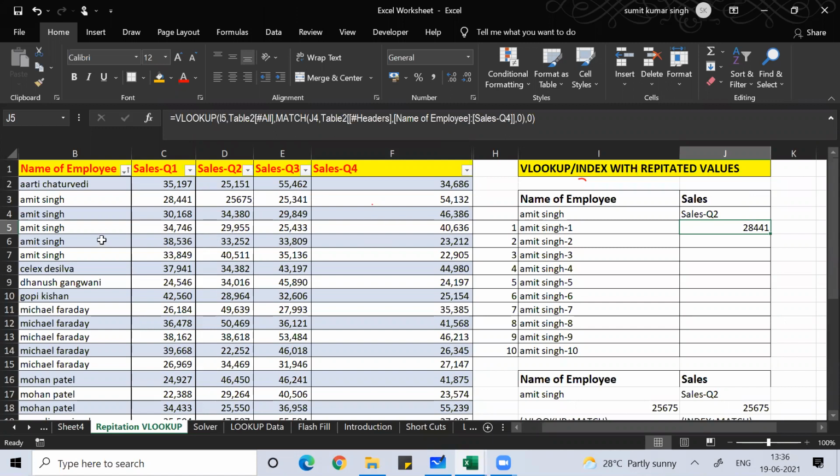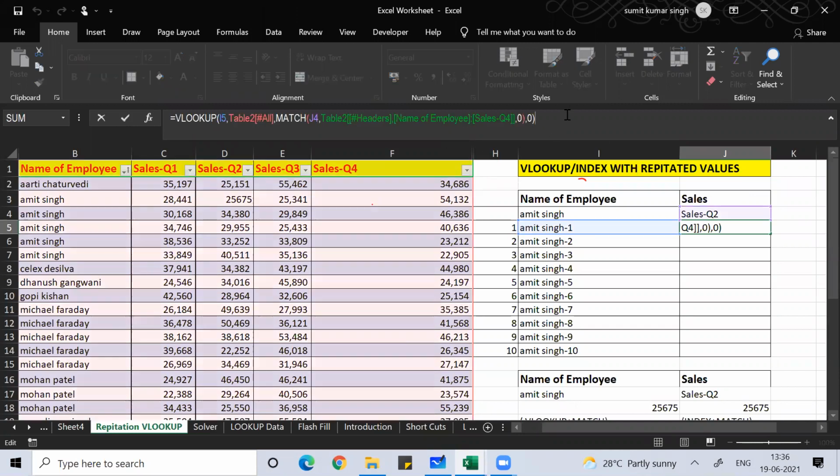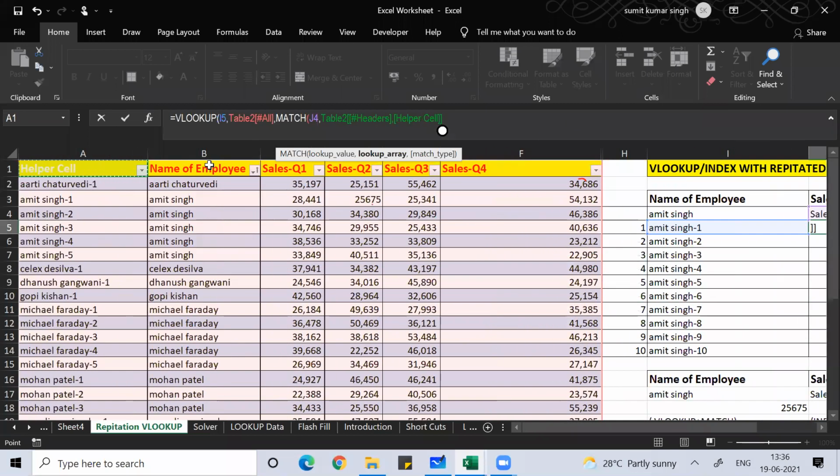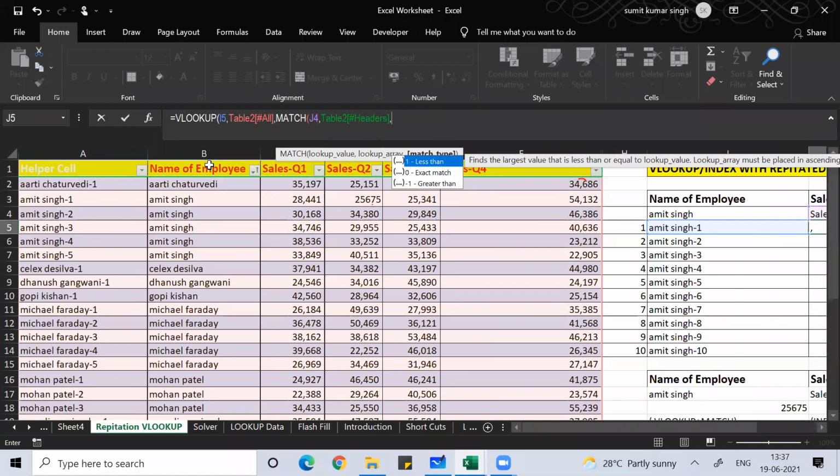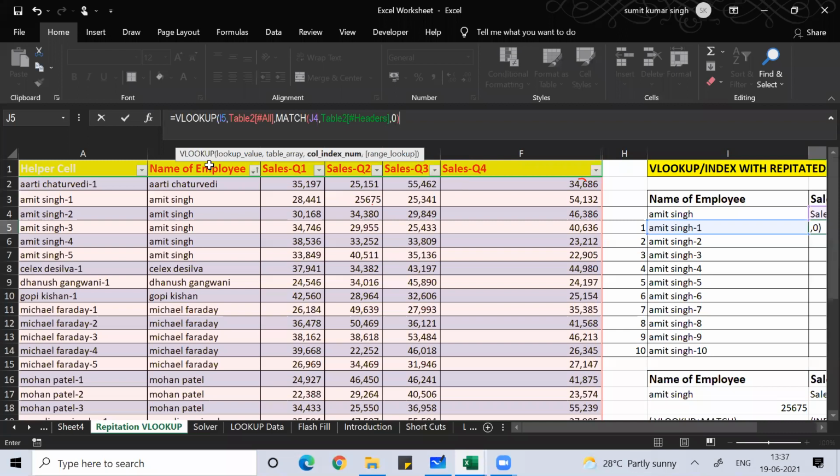My table was the complete table, right? One minute, let me go to the MATCH command. This is J4, correct? Then here, I should select from here. Let me just confirm. Then comma 0. Then this is your column number.